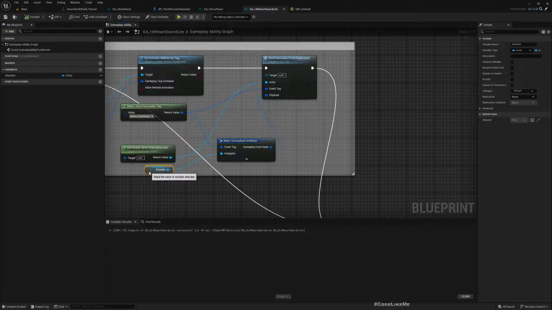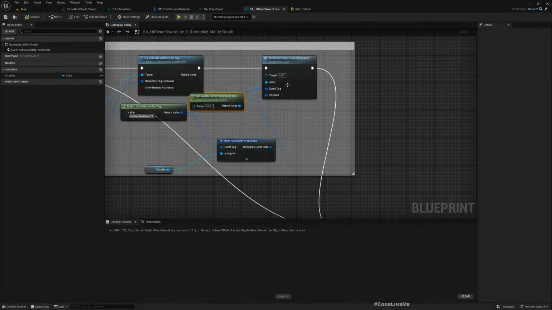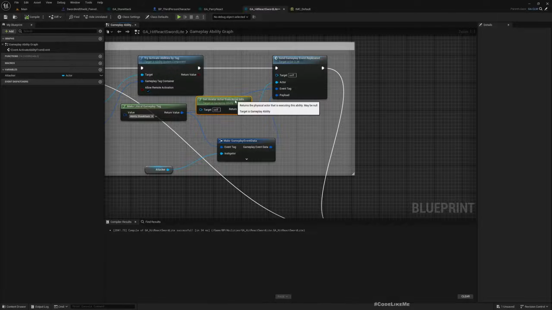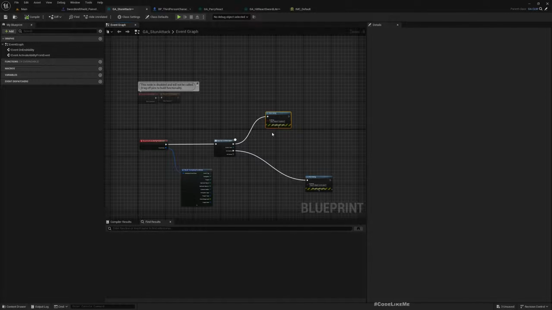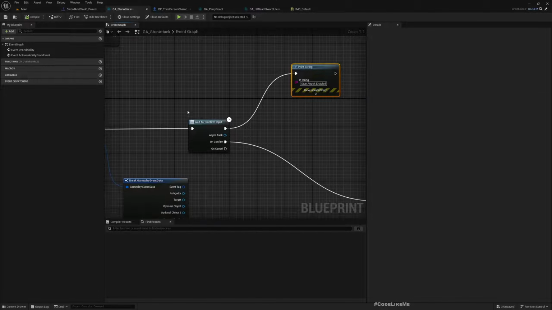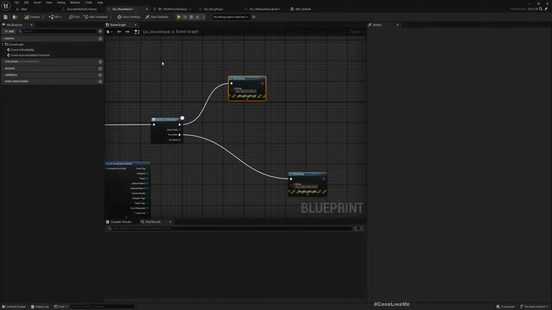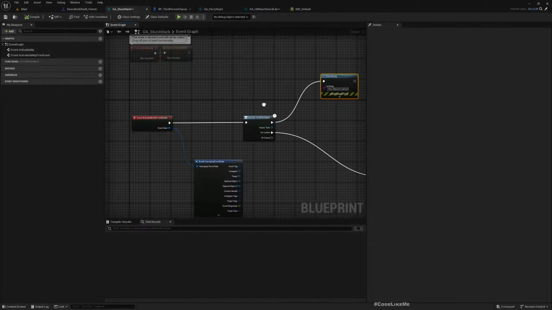So you will need to interchange this actor, pass avatar actor from actor info as the actor, and as the instigator pass the attacker. Okay, well it doesn't look like this wait for confirm input thing is working, so